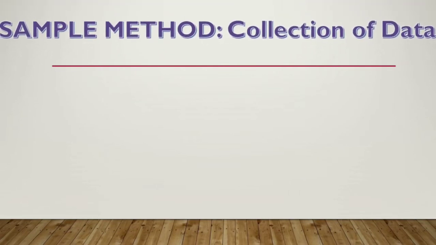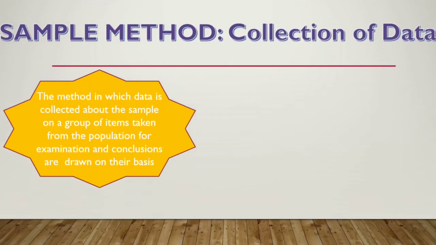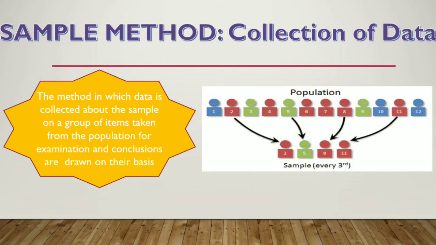So, sample method of collection of data. As you now know what a population or universe and a sample are, sample means we are picking a few of the individuals, a few parts from the population only. You can have a look again at this picture. We have 12 people and we are picking some randomly or non-randomly. It might happen that we pick with our own intuition, or otherwise we pick randomly. Let's say out of these 12 people, we pick 4 people. Let's say we pick the second, fifth, eighth, and 11th number randomly or non-randomly. It forms a sample, right?